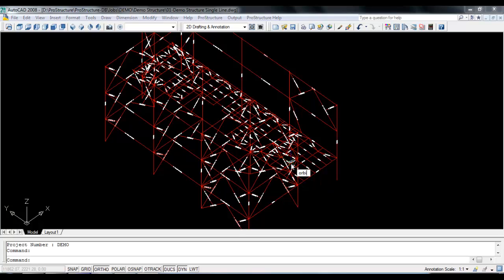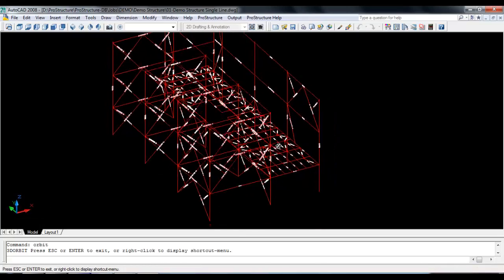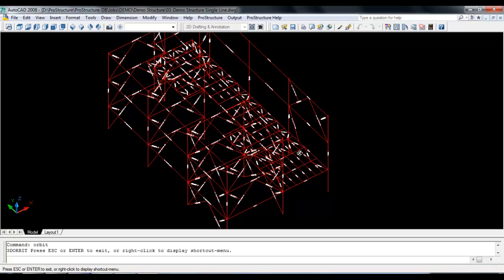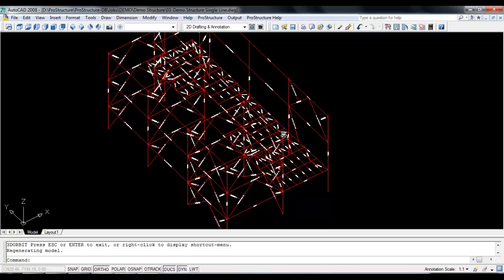Like for example, if you see this orbit view, you will notice that it is a 3D drawing. It is single line, but it is 3D. In 3D, it has got all the dimensions. Now, this particular drawing first needs to be converted to the actual structure. So, wherever there is ISMB, wherever there is ISMC and bracings and all that, first it has to be converted